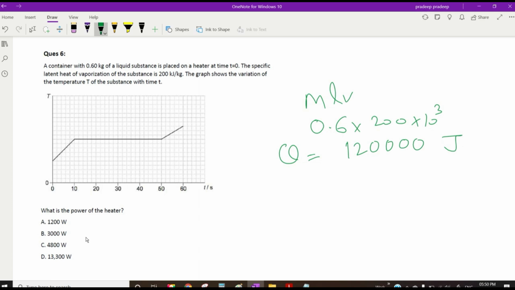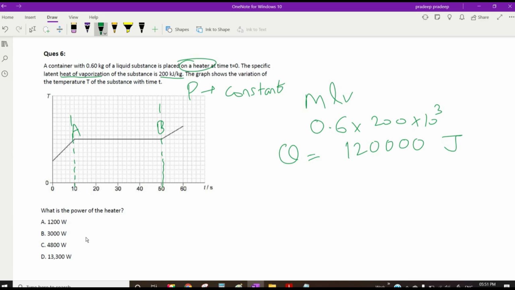Good. So basically what we are doing here is, you have a heater and the power of it is constant. So that power is what we need to find. Since the power is constant, we can consider any portion of the graph, it will give you the same answer. So let's focus on the part whose values are given to you. It's given that the latent heat of vaporization of the substance is given. This means the phase change is happening here, which is represented by the horizontal line. So from A to B is your phase change where your latent heat of vaporization is being acted upon. So if I focus just on AB,